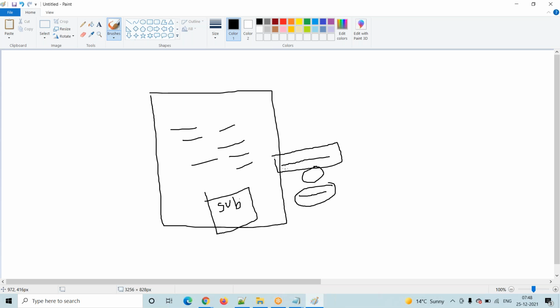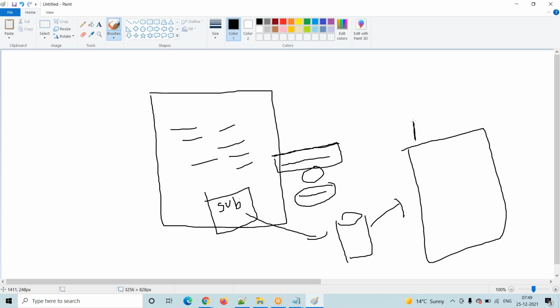Click on the submit button, then immediately we will get one image like please wait, your request is processing, or one message also. Either image or message we will get, right? Why will we get it? What is the purpose? Whenever you click on the submit button, our request goes to the server, right? From the server it will call our Apex class, and the Apex class will perform some business logic, right?